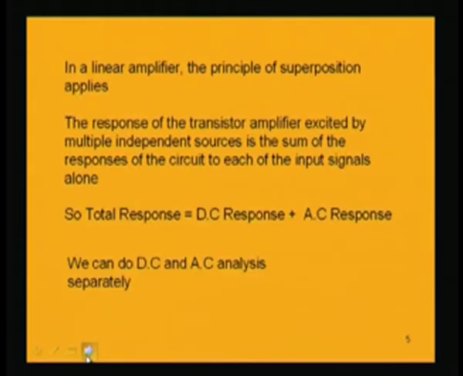So, the principle of superposition holds, meaning the response of the transistor amplifier excited by multiple independent sources is the sum of the responses of the circuit to each of the input